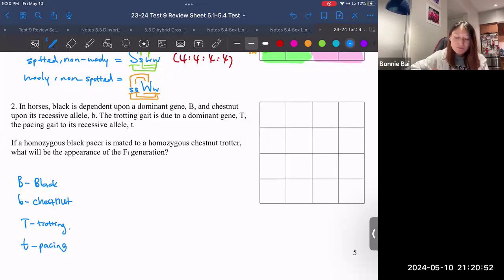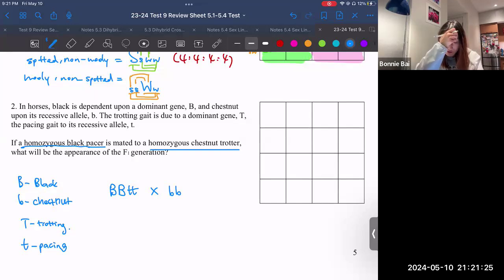Okay, cool. Let's look at the parents. If a homozygous black pacer, okay, homozygous, it says black pacer. Black is homozygous, big B, big B. Pacer is for T, but it's the recessive one. So that's little t, little t. Crossing with homozygous chestnut trotter. What are these words? Chestnut is recessive for B. So little b,